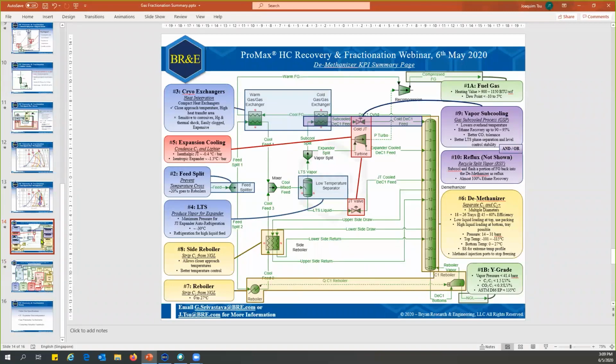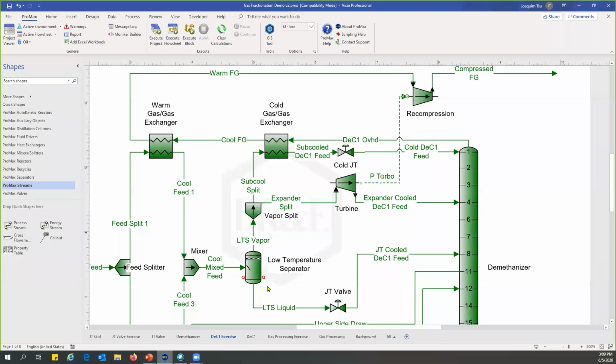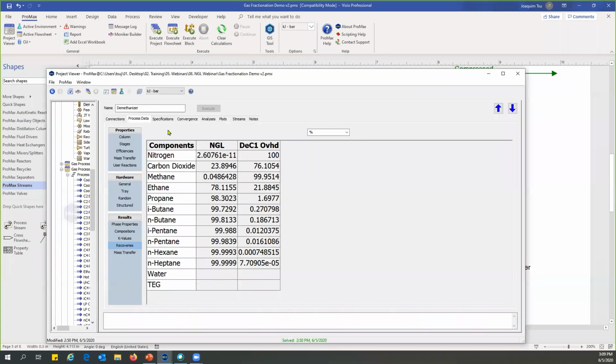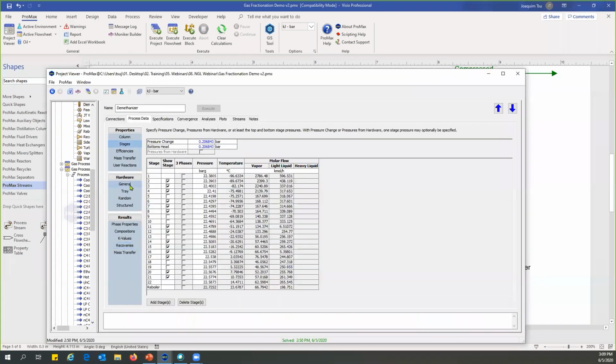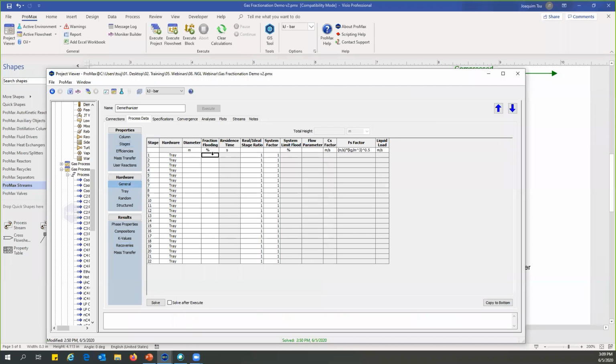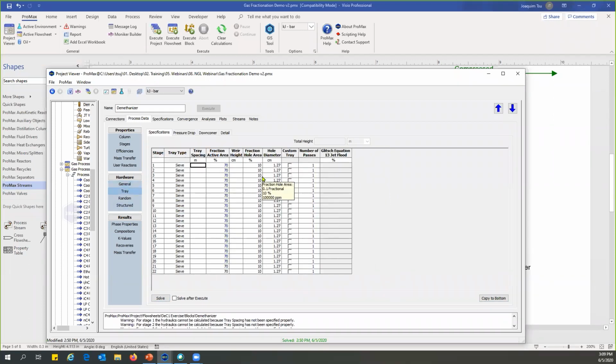As for the diameter of such a process, if we look into ProMax, and we look at the demethanizer, for example, we can actually specify, for example, we want 70% flooding on everything. We just do a very basic one. For example,